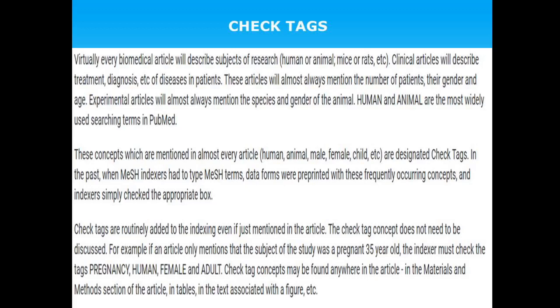If age is included, definitely it is talking about humans. For animals, you should not consider the age actually. Pregnancy might be for animals also, for humans also. So when dealing with animals, age is not included for indexing. If the title has a pregnant 35-year-old, it is automatically talking about humans. Pregnancy is associated with the female, so human, female, and 35-year-old is definitely adult, right? So these are the checklist categories that have to be indicated. These should be included in the indexing terms.